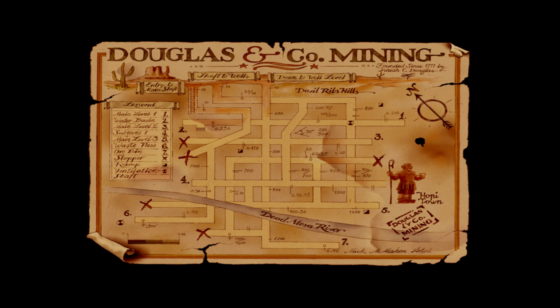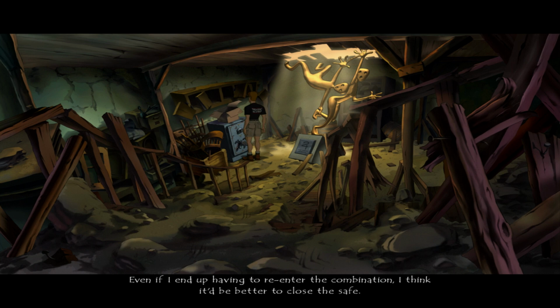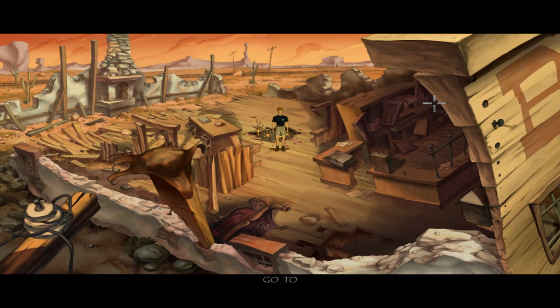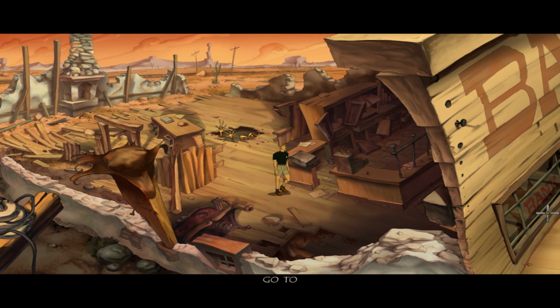I mean, that thing is almost certainly not up to date. There's almost certainly been, like, collapses and subsidence, but it's fine. Yeah, Dead Mesa River. I'm sure that's not ominous. Even if I end up having to re-enter the combination, I think it'd be better to close the safe. Cool. Time to leave and go to the mine. So that whole, air quotes, puzzle thing...